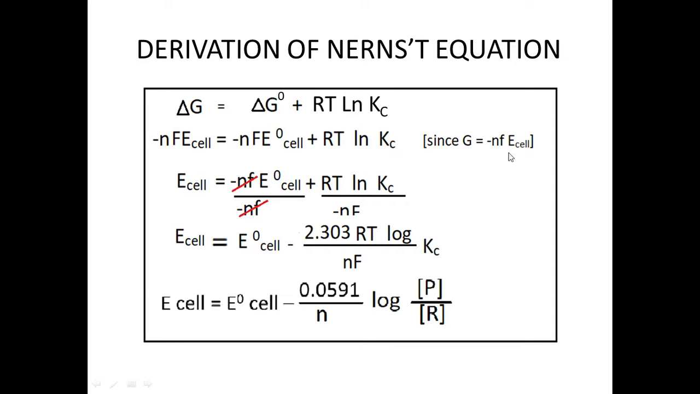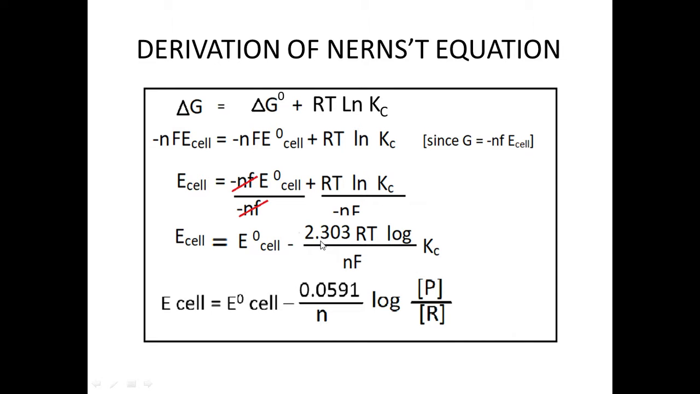And as we know that del G is equal to minus nF E cell. So by extending this value of del G, we obtain minus nF E cell equals minus nF E naught cell plus RT ln Kc. R is your universal gas constant, T is your temperature, that must be 298 Kelvin. Okay, so by dividing by this factor minus nF to the other side, we obtain E cell equals E naught cell minus, and the positive side becomes negative. It will give